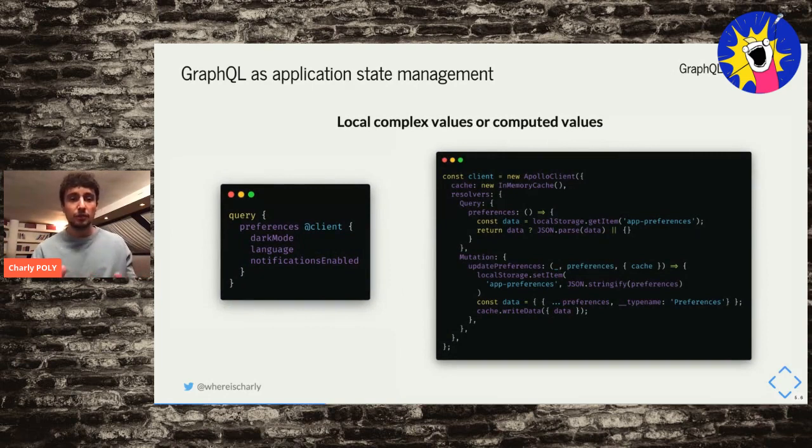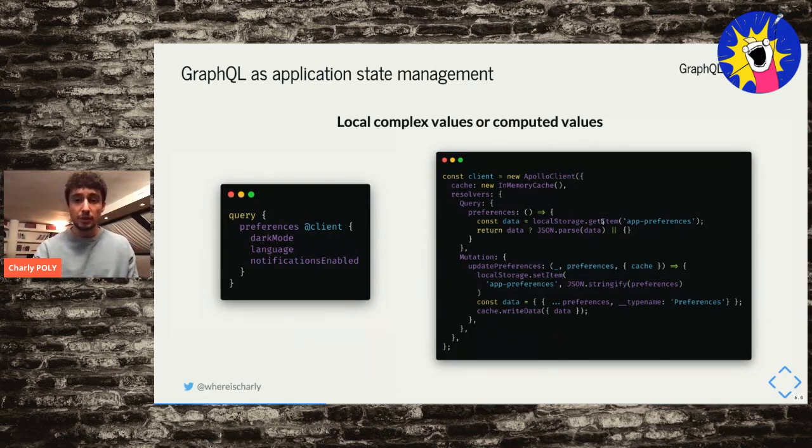Here, those preferences are stored using local storage. On the left, you have the reference query. It's very simple, a simple object. And this is the Apollo client configuration. We have our cache, we have a resolver object, and then the custom resolver that we have to provide for a query and the mutation.